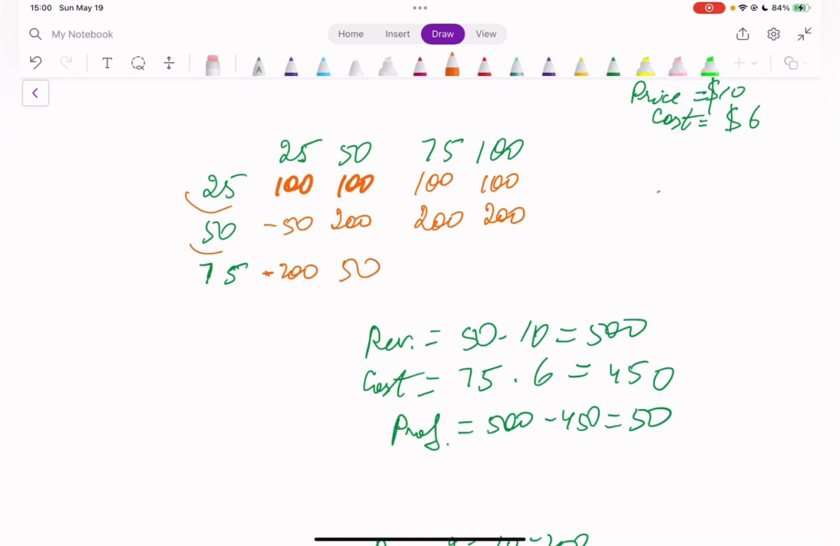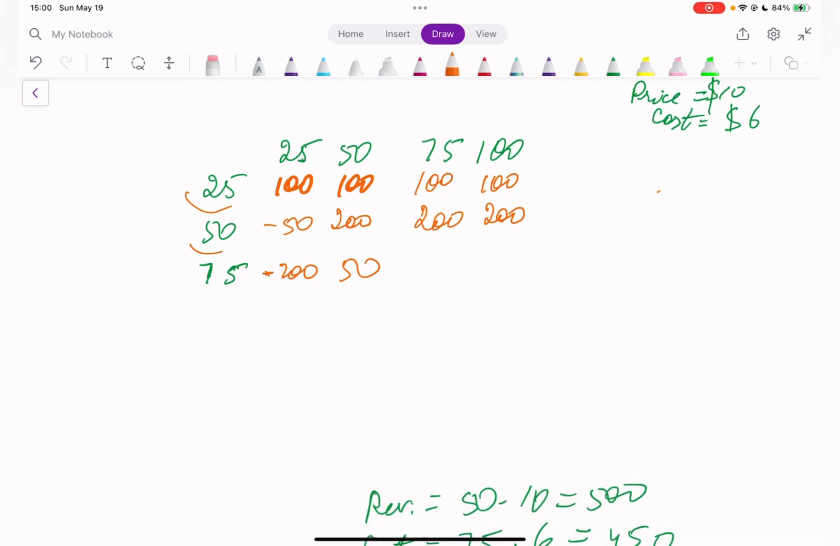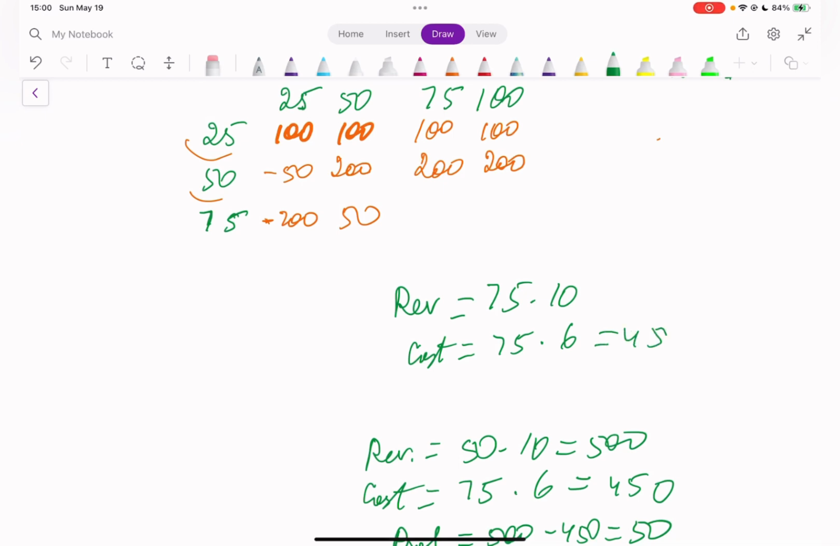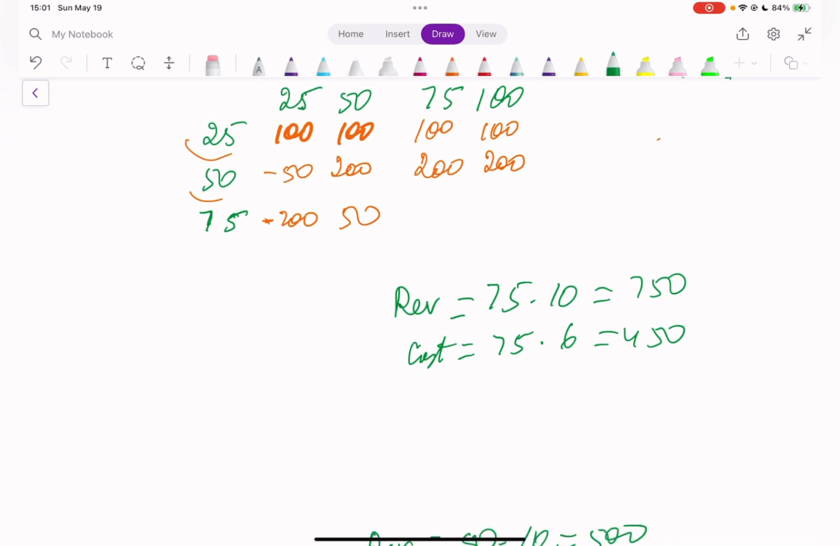Next, 75. In such a case there's no way to make a silly mistake here. So 75 times 10, cost 75 times 6. So 75 times 6 we already have 450. Here will be 750, and we have profit 750 minus 450, it's gonna be 300. Okay,